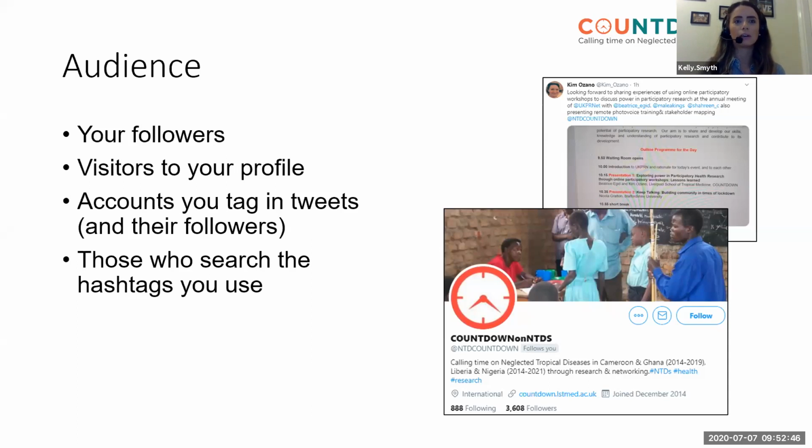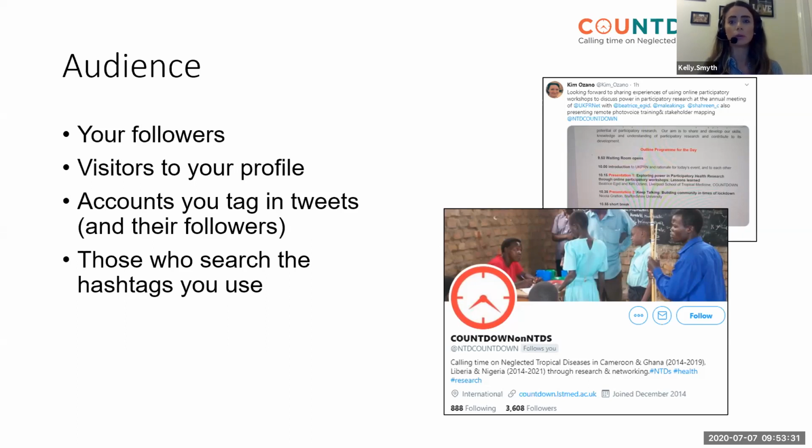It's difficult to say how many followers a person should aim to have. You can see on the screen here that Countdown has just over 3,600 followers. We tend to get between 20 and 40 new followers each month, but most individuals' accounts would have a lot less than this, maybe a couple of hundred, but it really does vary person to person. You can increase your number of followers. We already talked a little bit about this earlier on in the webinar, but by tweeting regularly, following accounts, some of these might follow you back, using hashtags and tags to draw others into your tweeting activity and therefore your account. But of course, having the right followers is just as important.